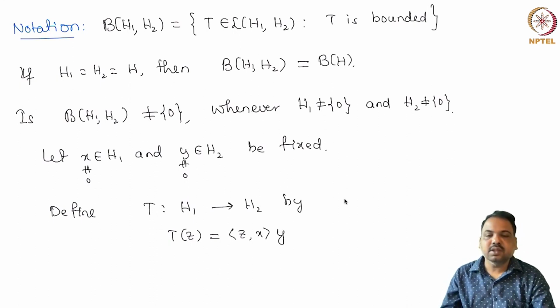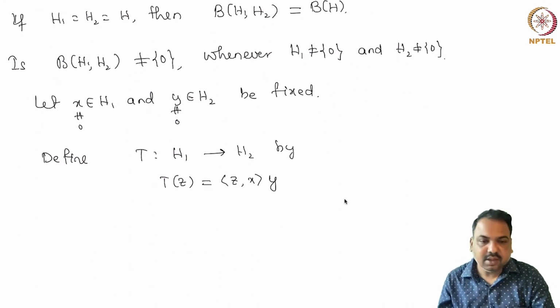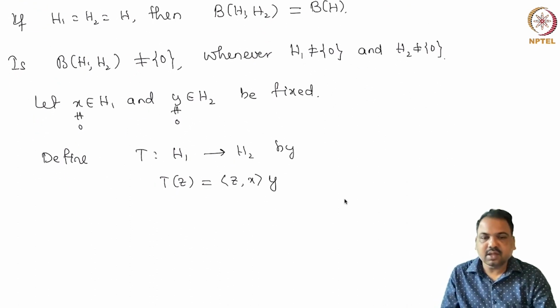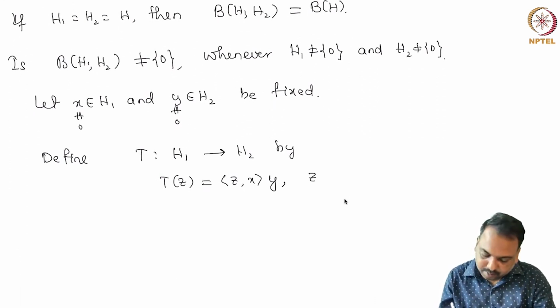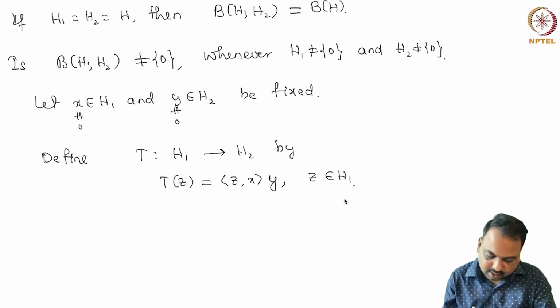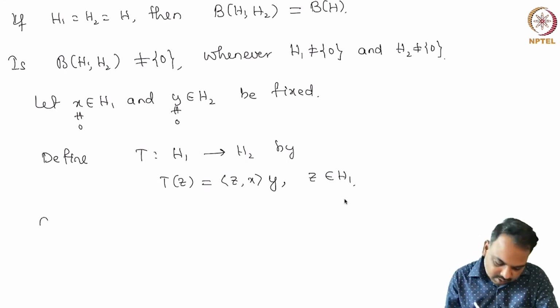So this inner product is a scalar, and y is an element of H2. On the whole, this is a scalar multiple of an element of H2, hence its value is in H2. Z is in H1. We can easily check that T is linear,